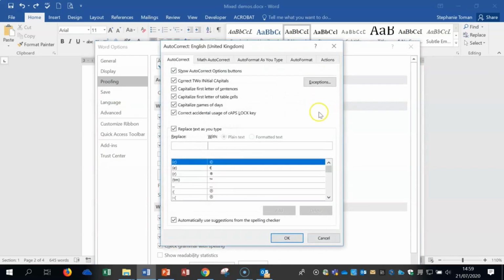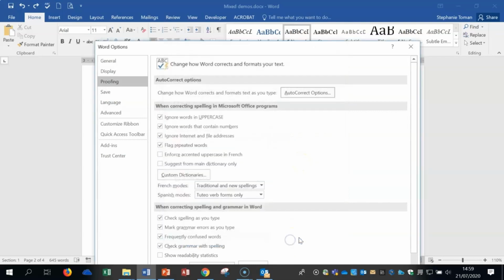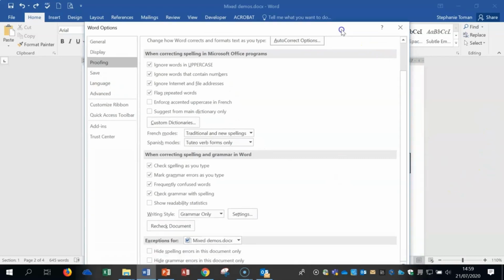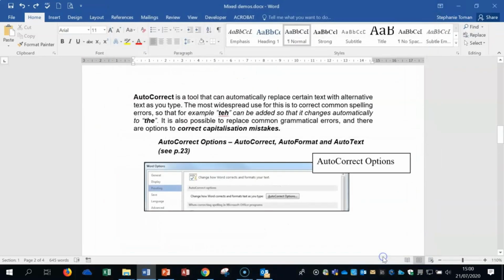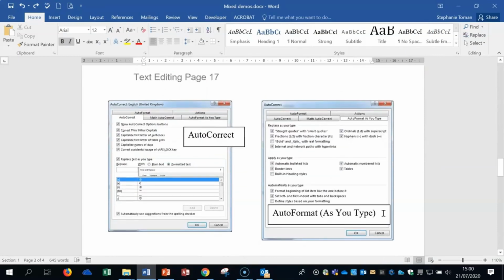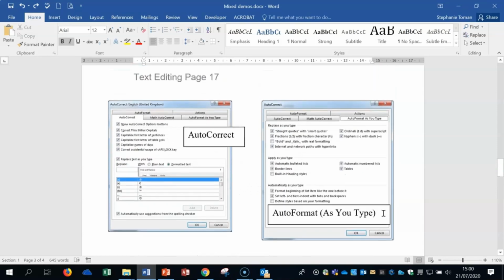And then the final area, let's go back in to look for, is the auto format as you type. The apply as you type, this area here could be something that you're asked to enable as well. So the automatic numbered list may be off and they may ask you in the exam to tick it on. So it's very simple. And then you OK right at the bottom. Your dialog box, OK? It's quite simple, but it's just remembering where it is and what the different features are. And I have put them up there just to help you to recall it if you want to go back